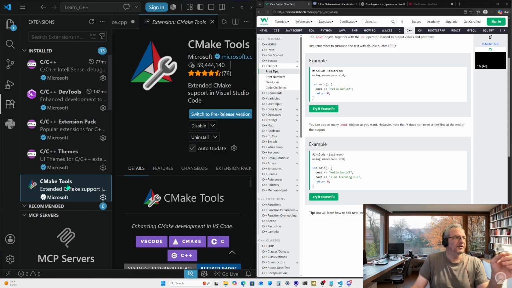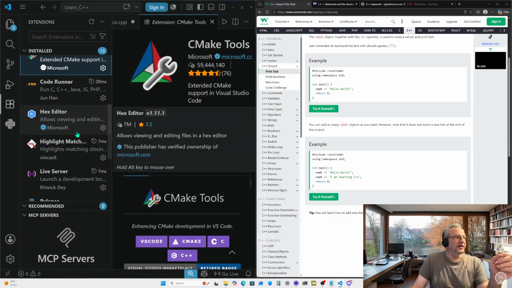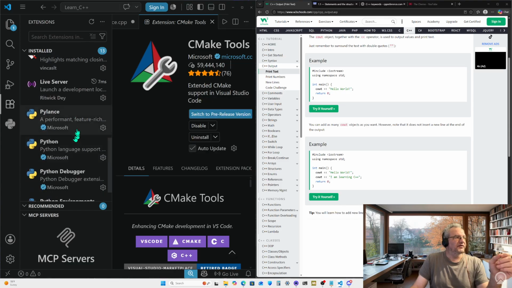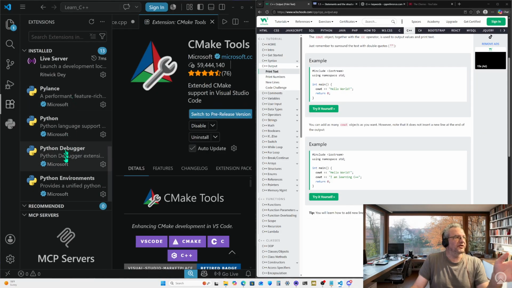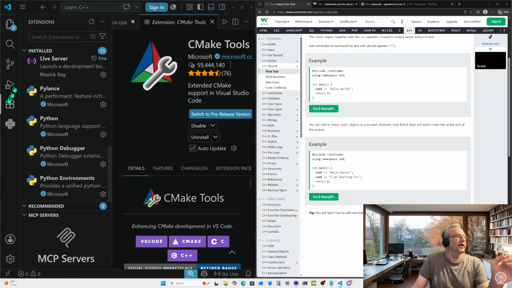CMake Tools, and it keeps going. Code Runner, Hex Editor, Highlight, Live Server, Pylance, because I do have Python on here as well. These are the extensions for Python. These are not the installation for Python. Like I said, I think Python is already something else that's pre-installed, but I'm not 100% sure on that. Anyways,